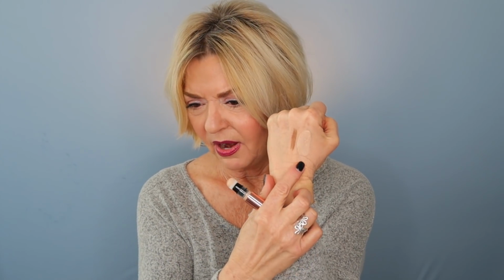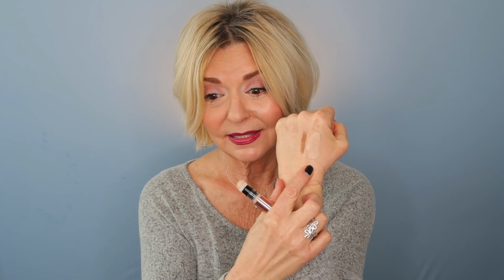Okay, can you see it? It's sort of turning color there. I wonder if anything's going to come out yet. Okay, all right. So that doesn't look that brightening to me. That looks more like a skin tone right there. So that's the formula. It did feel creamy going on, but you can see it's a little bit tough when you're working with these sponge tips to get out the exact amount that you're looking for. Anyway, we will move forward and try it, and I'll let you know my thoughts when I actually apply it